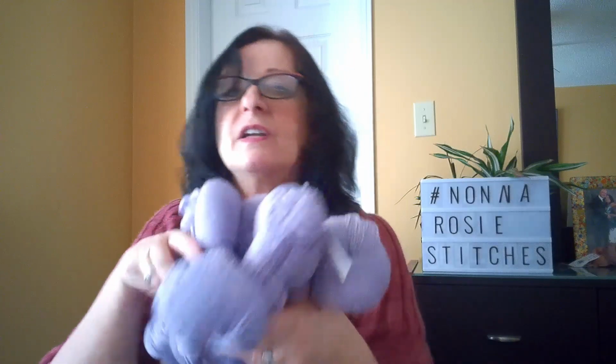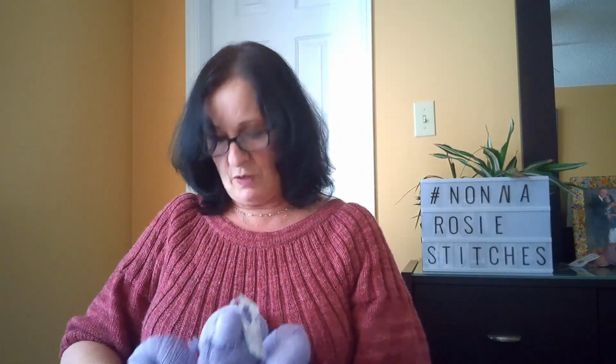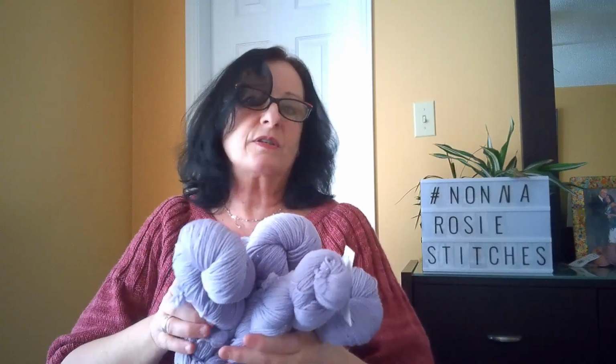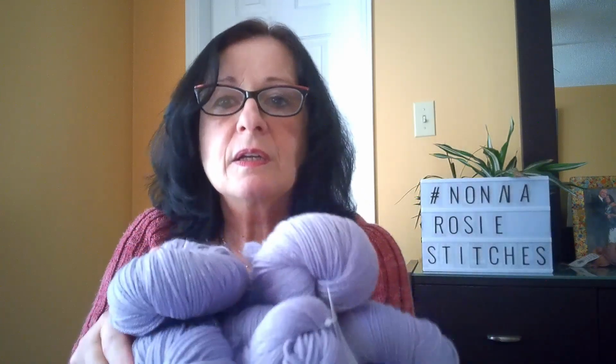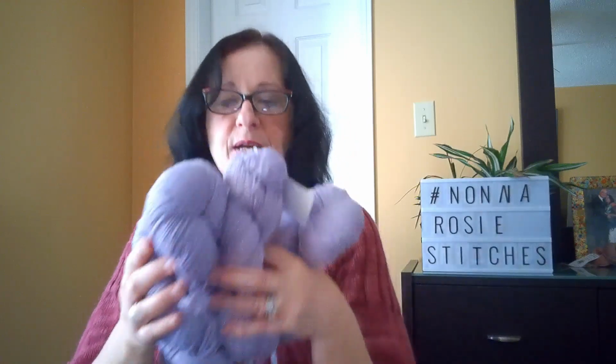So I have 5. I do believe this will be 1,200 yards of yarn. I should be able to make a sweater out of this. Anyway, isn't that pretty? I love this color. Anyway, so yeah, and I also bought,